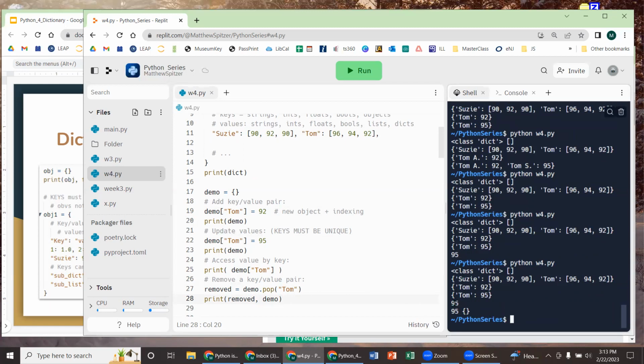So we can see we print Tom's value, that's this 95, and then we pop off Tom's value, save it as removed, so that's this 95, and then if we print out demo, we can see the Tom 95 has been deleted from the dictionary, so now it's back to empty. One thing to note is we can do the same thing. So if we did something like this,